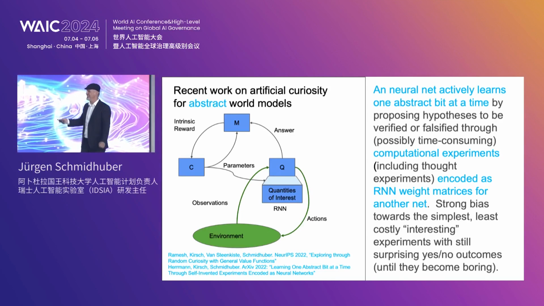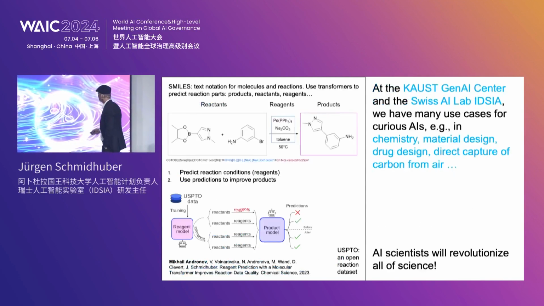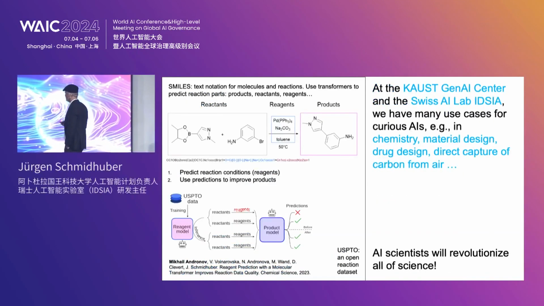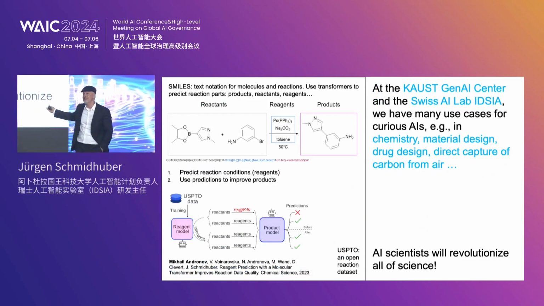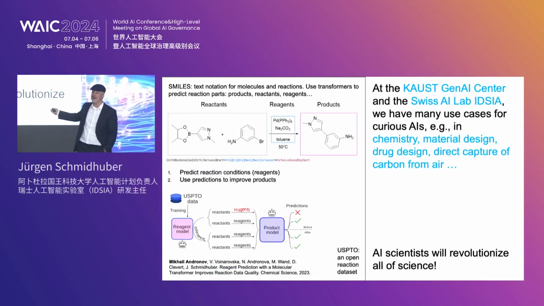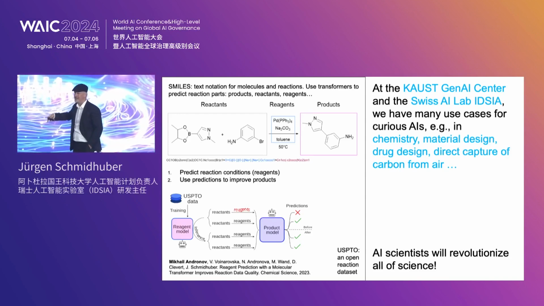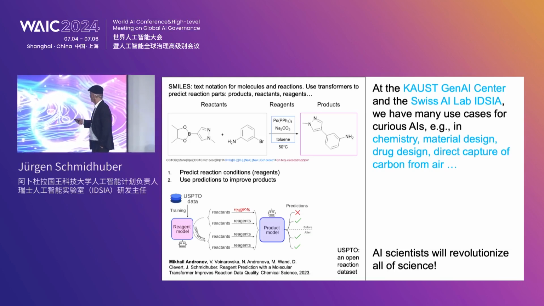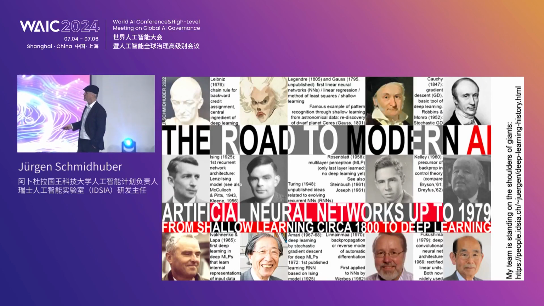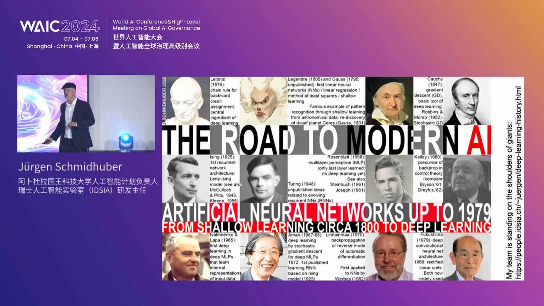My time is up, so I can't even mention the recent work about artificial curiosity with abstract experiments. I can mention it, but I cannot talk much about it. I cannot talk about AI for science. I already mentioned at the other talk and the AI for Science forum these chemistry projects where artificial scientists are used to improve chemistry. And of course, I have no time to mention the people on whose shoulders we are